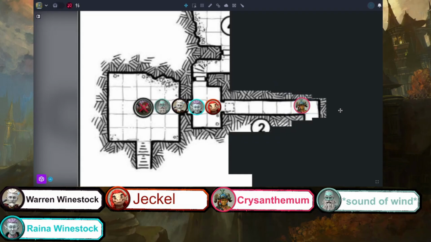Okay. As far as investigating the wall itself, make an Arcana check for me. I got 13. 13 is enough to know that if you disable the wand, you've disabled this trap.